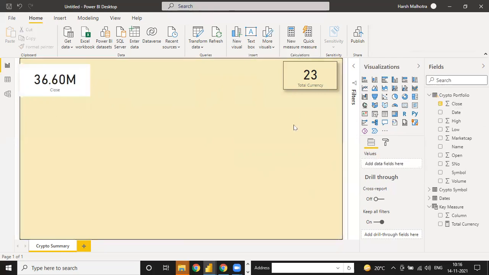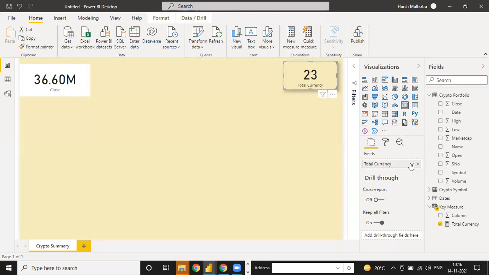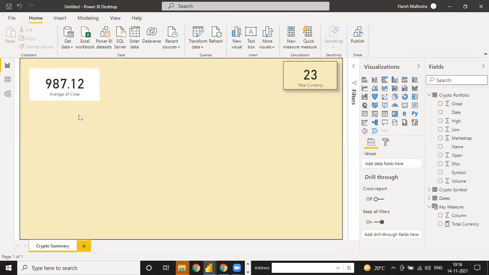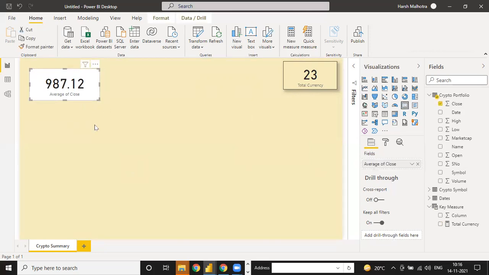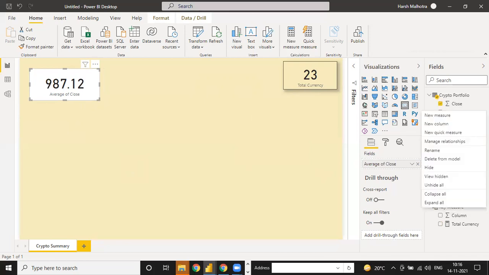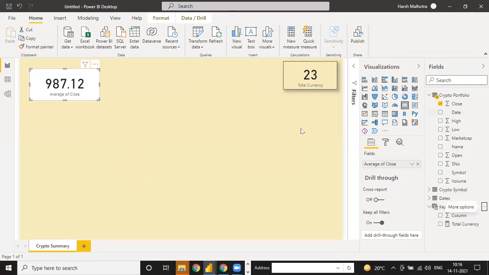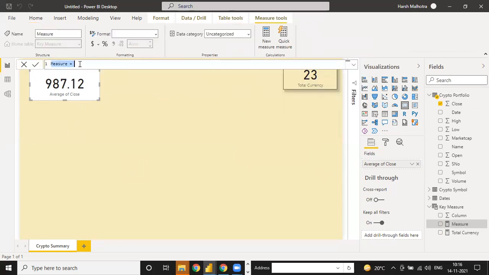And an explicit measure is, guys, this, because if I select this, there is no option of sum, average, or anything. If you select count, then only count is there. Right now it's sum, and for every cryptocurrency department we are going to use the average function. So right now it's average. But if we need the same thing via a DAX function, you can click on new measure. Let me show you the difference between explicit and implicit. Now, close price average.